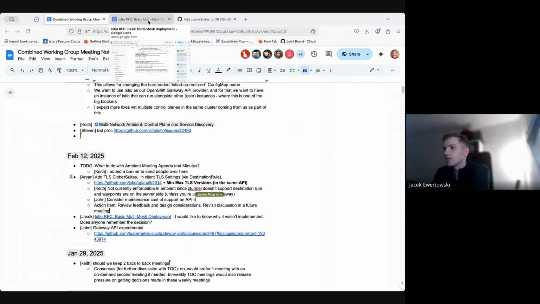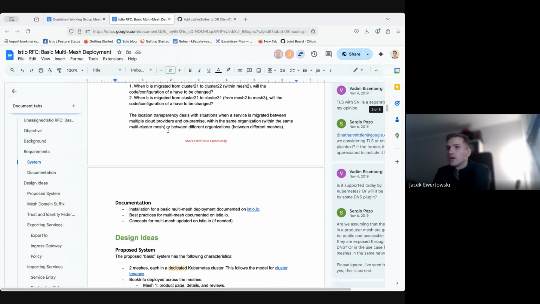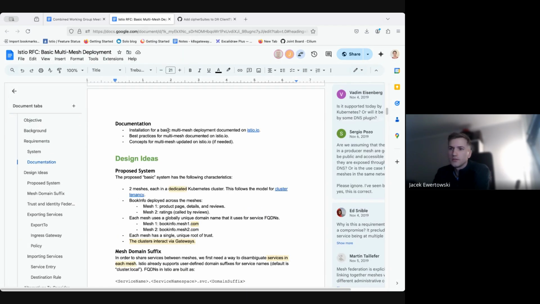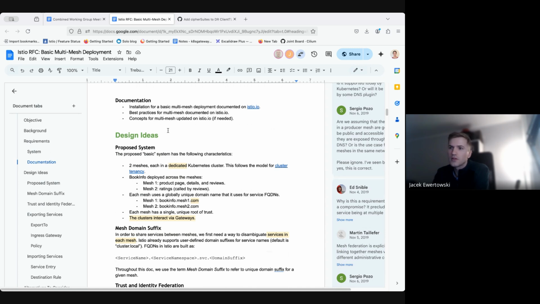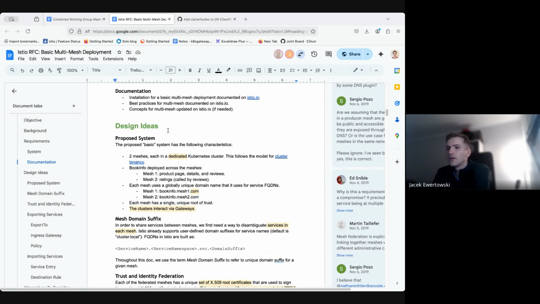Yeah, I know that it's possible, and it requires a lot of manual configuration, and this is why I was wondering if this could ever be supported in Istio, and if we can work on reviewing this and bringing it again to the agenda to discuss the scope and requirements and maybe find a common understanding of mesh federation or multi-mesh deployment.